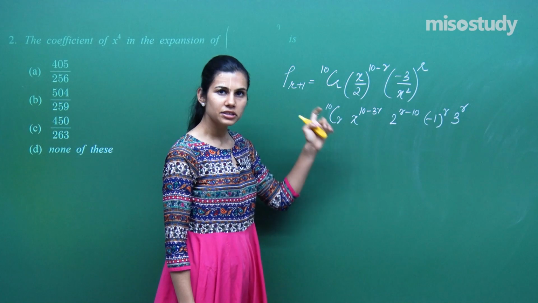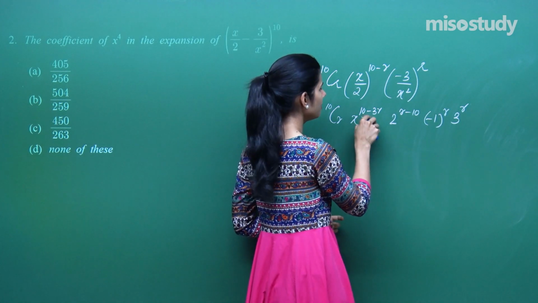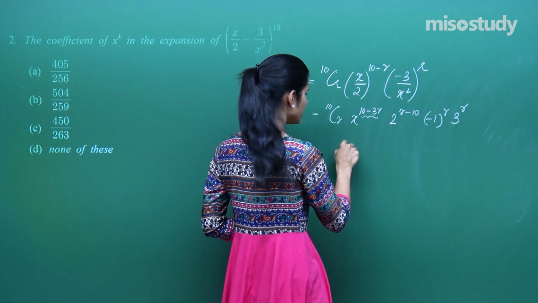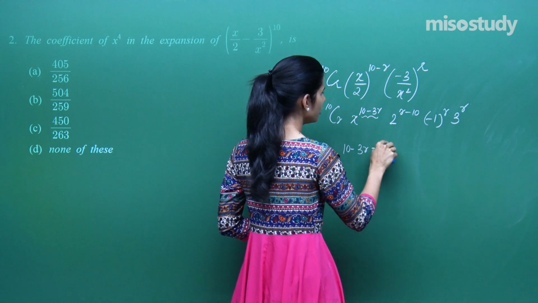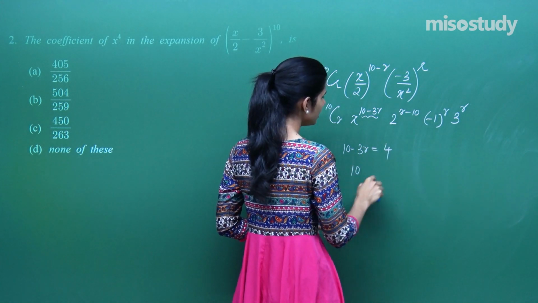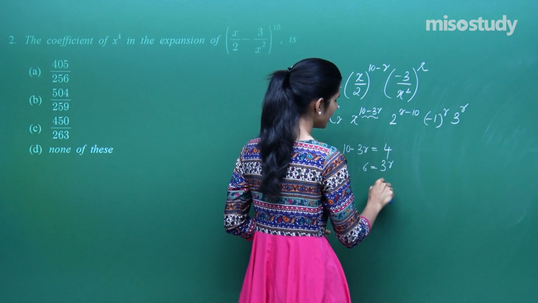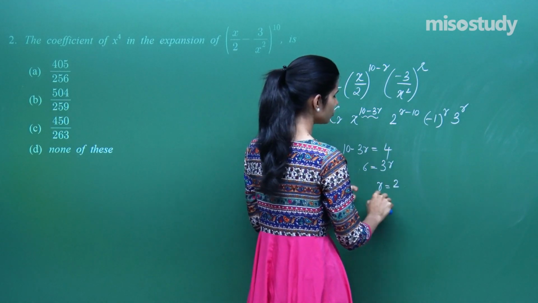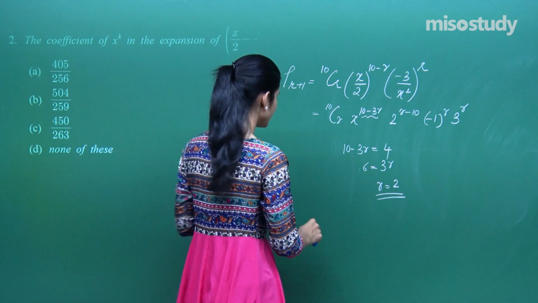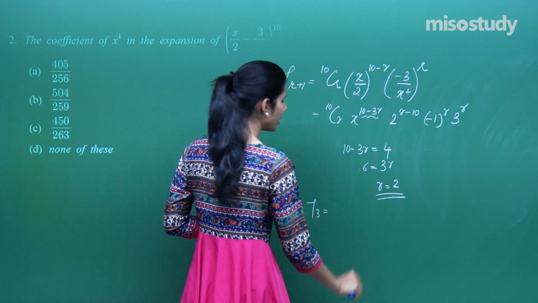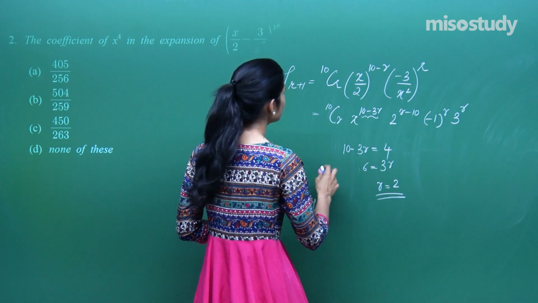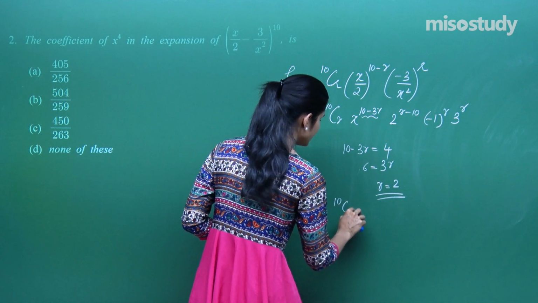If x to the power 4 sits in the (r plus 1)th term, it means this exponent should be equal to 4. So 10 minus 3r should be equal to 4, meaning 6 is equal to 3r and r is equal to 2. So x to the power 4 sits in the (2 plus 1), that is, third term, and what will the third term be? 10C2